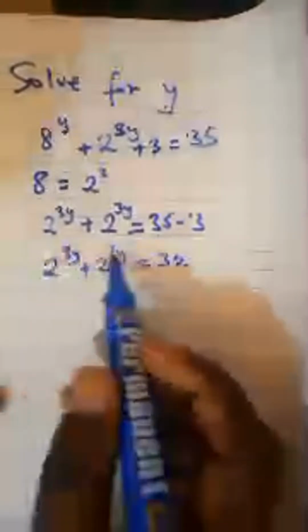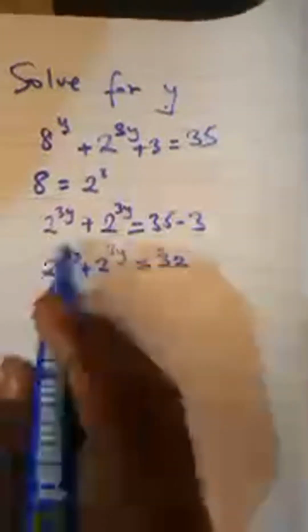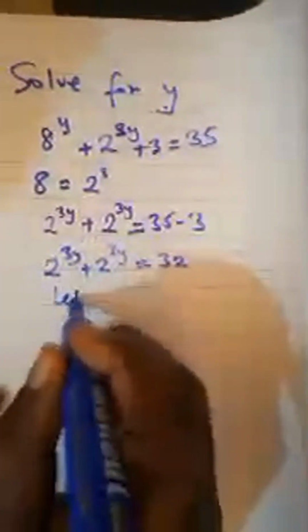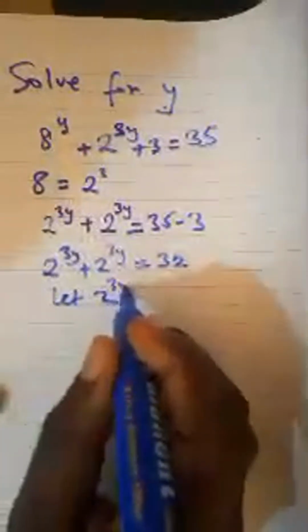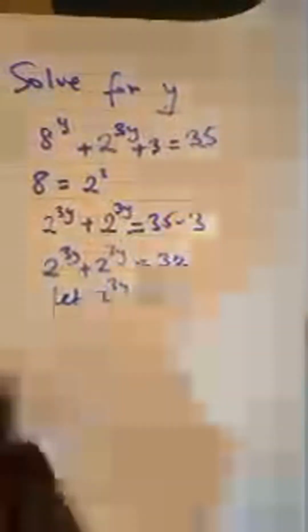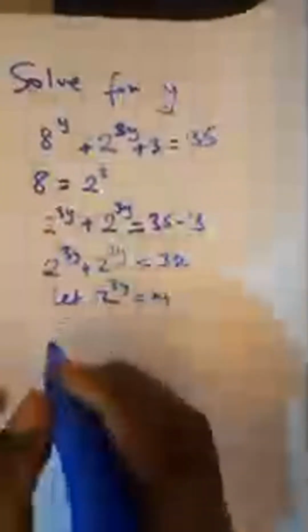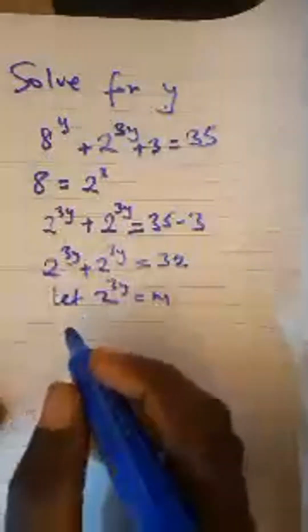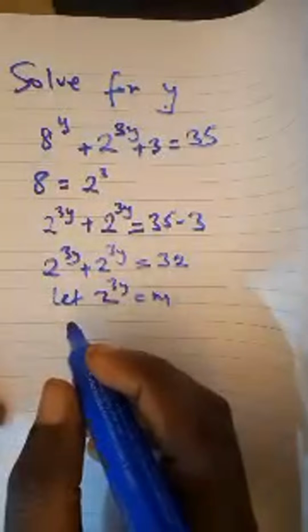Next. Since this and this is the same, let 2 raised to power 3y be any letter. And then my equation now changes to